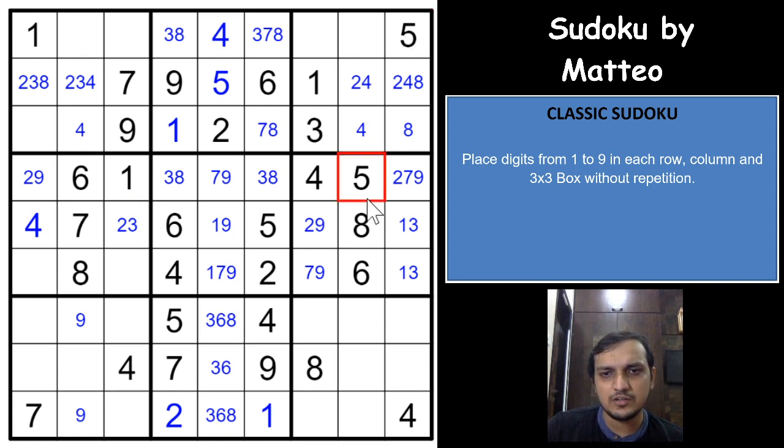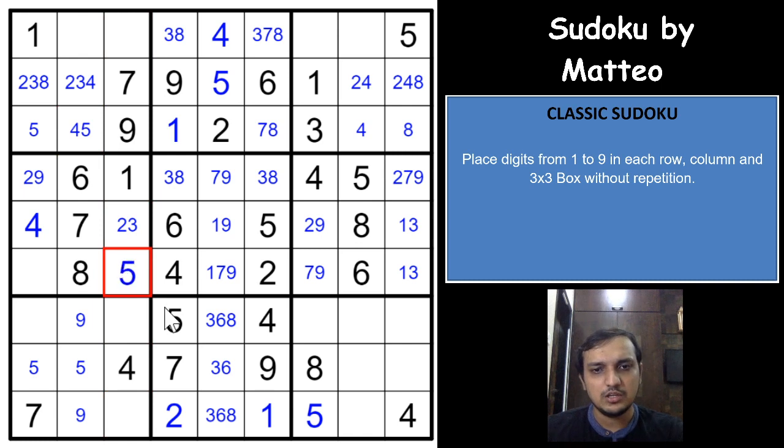A 5 here and here will give you a 5 here, and this 5 would give you a 5 in one of these two cells, and a 5 here would be in one of these two cells. So there is only one place for the 5 in column 3, right? It cannot be here, it cannot be any of these two cells, it cannot be here, so it has to be here, right? So you have a 5 here, and there are only 4 digits remaining in row 6, 1, 3, 7 and 9. So 1, 7 is already here, 3 and 9 would have to be in this cell, which means 9 has to be in one of these two cells. Okay.